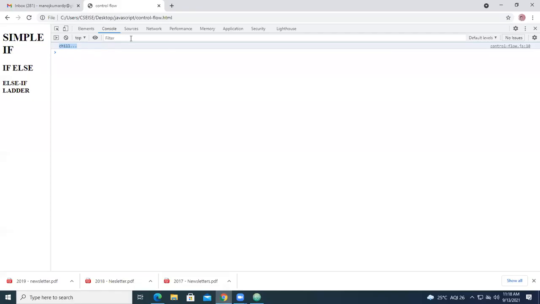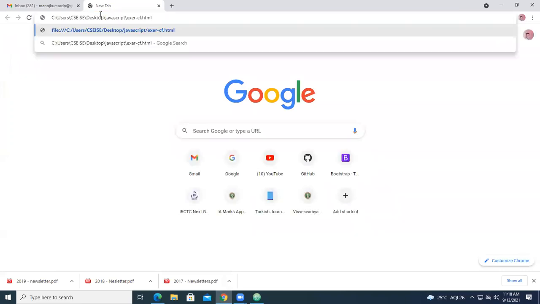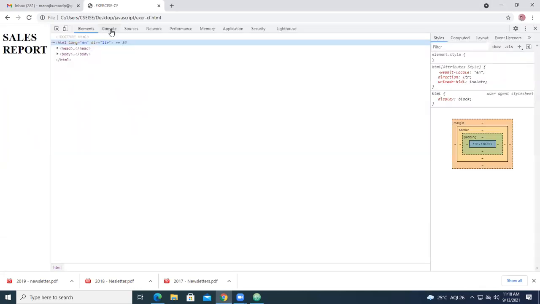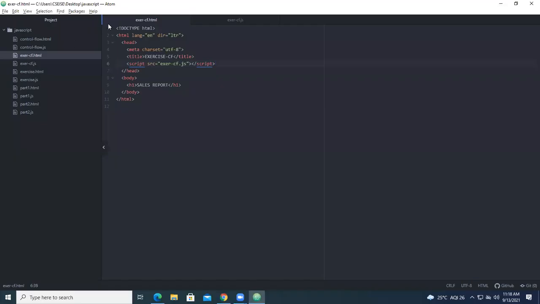So now you go and see. So take a new link, paste that particular. So you are getting it as sales report. Okay. So I've given as under console.log, go for inspect, and here you see. So you are not getting anything here. There is a small mistake I have done. So I think script source is equal to